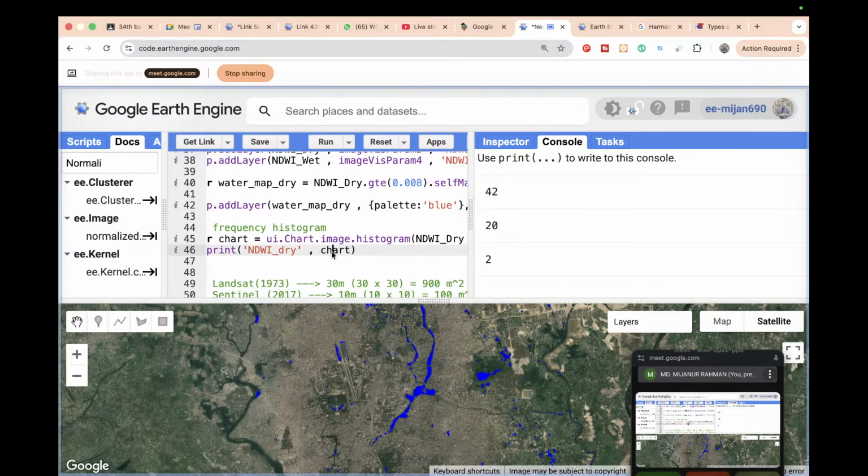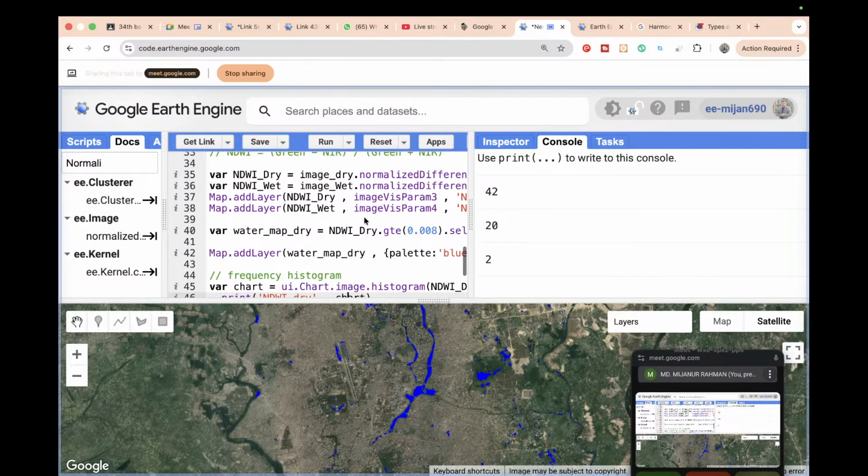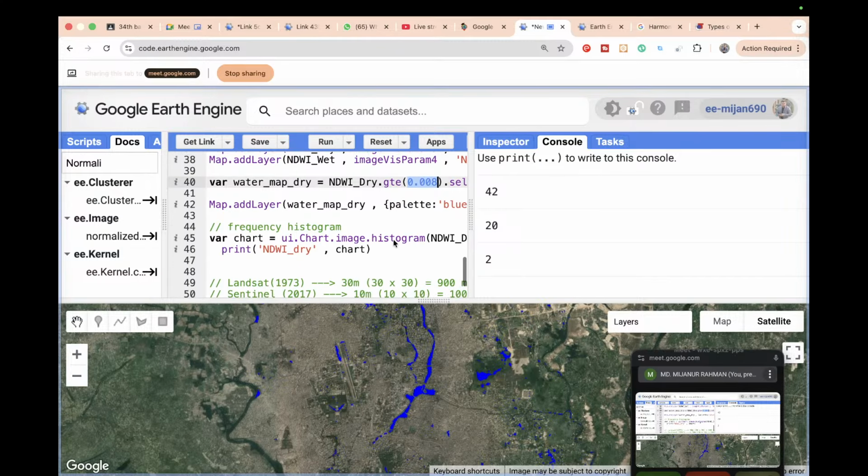So now we apply the same process for the rainy season. Okay, for the rainy season. But for the rainy season, we do not know which value to use, so this value we need to compute. So for that, just apply the histogram again. So just copy the same line of code